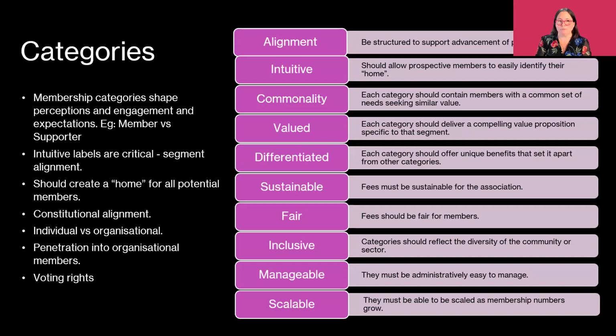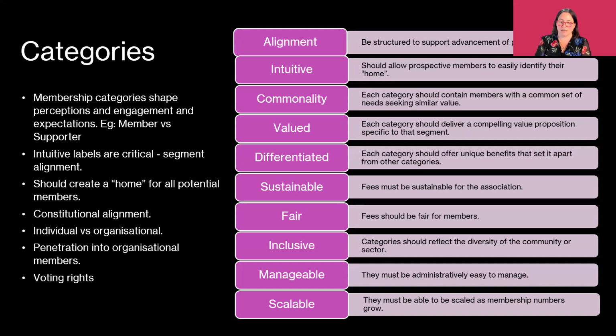Now, this is actually really important. Categories like full member, standard member, affiliate member, associate member are inherently flawed because, first of all, they carry a bias. Who's better, full member or affiliate member? Secondly, they're not intuitive. Someone can't look at those categories and immediately know where they sit. They actually have to dive down further. And so it doesn't enable people to naturally find their home. What we're looking at when we say intuitive categories is call it what it is. Is it 0 to 10 staff?